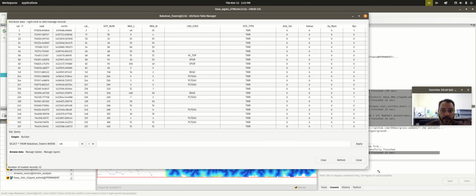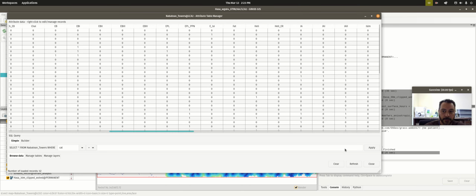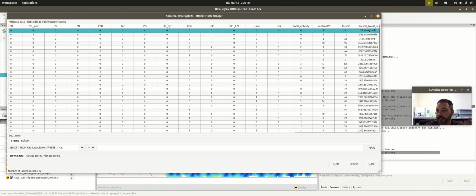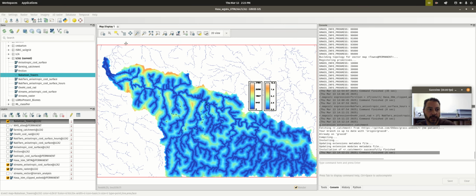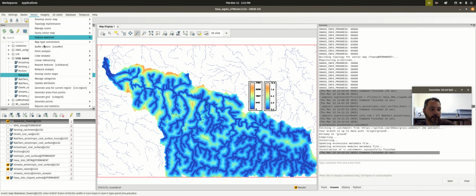So now, all the way at the end, streams walking cost seconds over here. Now, if you follow along in the project file, I want you to compare this value to the linear straight line. You'll have to do a little math with some sort of walking speed to be able to do that, but to query the straight line to the costs, we are going to go back into the vector